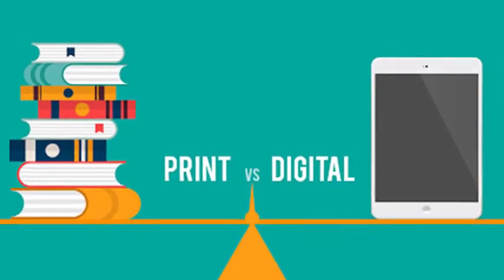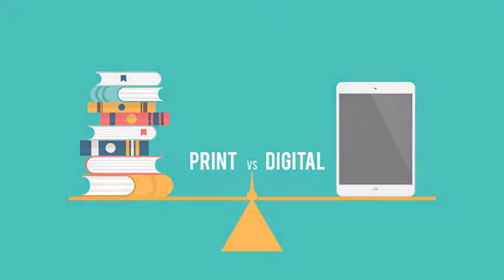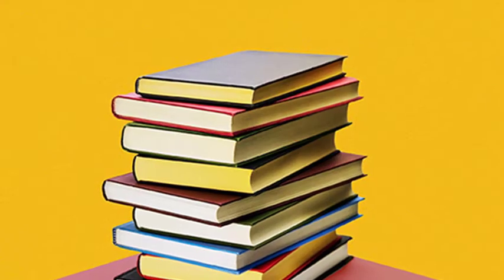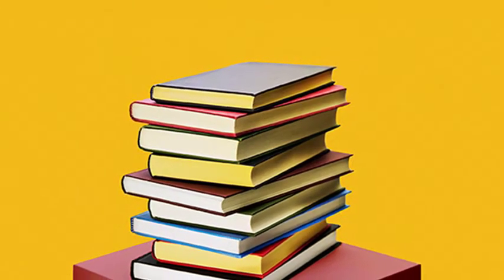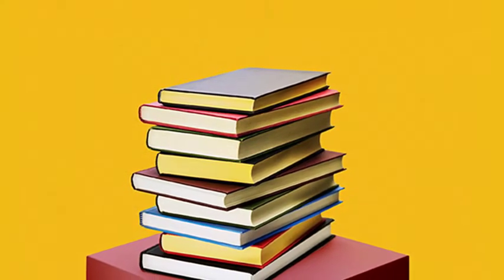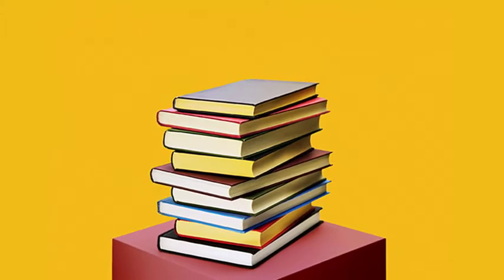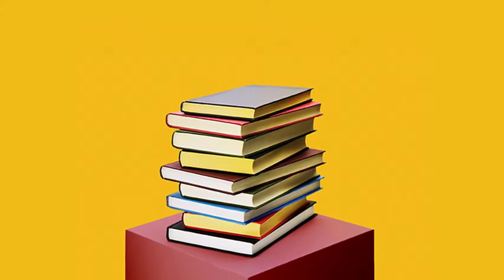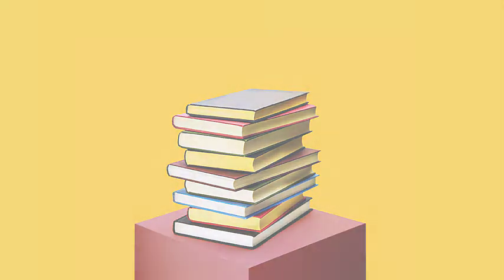We will see the difference between print media and digital media. From this image, you can understand print media means books, magazines, newspapers, and billboards. A few years ago, a lot of information was stored and shared using print media. But this information is not easy to filter out. Also, it is available only in bunch. We can note more visible information in this media. InDesign, CorelDRAW, and Illustrator are used for printing.